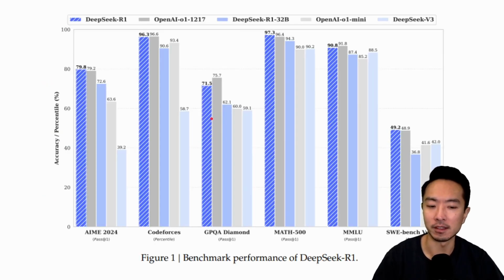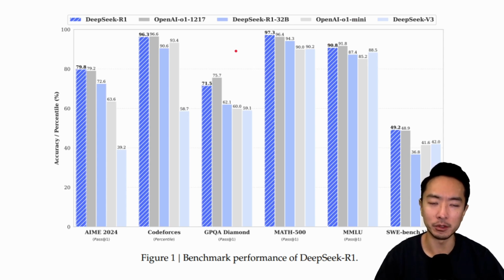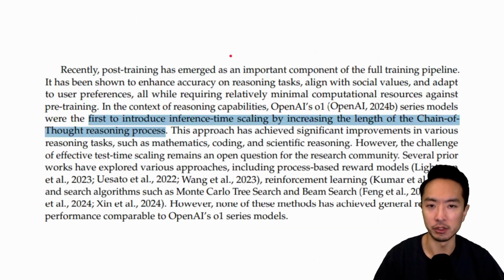But here you can see some of the benchmark performance of DeepSeek R1. And, as every model paper likes to say, their model is better, right? But here you go, you can see the results. They say that they pretty much beat the OpenAI o1 models. But of course, you're going to have to test it yourself, based on some of the feedback from other people. They do think that this DeepSeek one is better. There are also theories about them actually using OpenAI's model to train it, but we'll just be focusing on what the